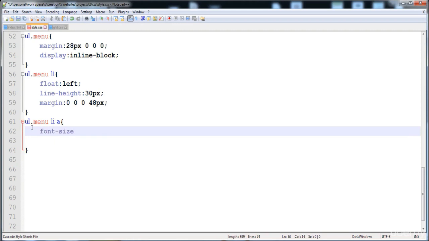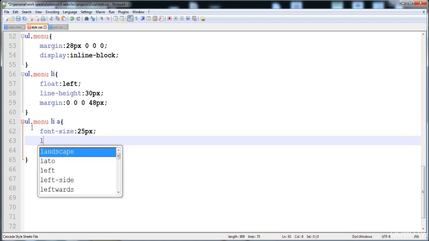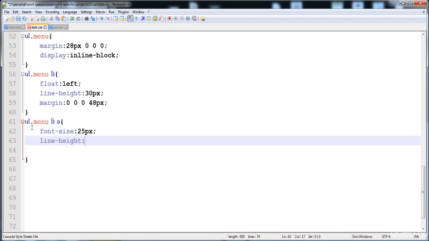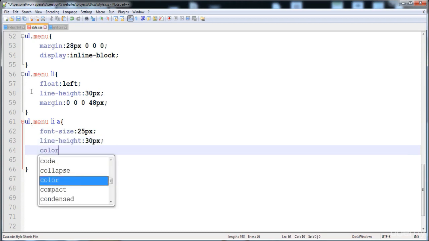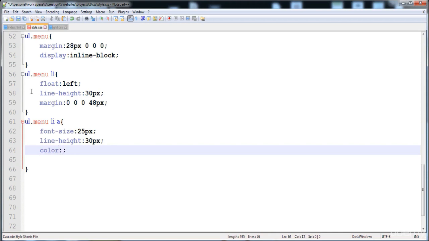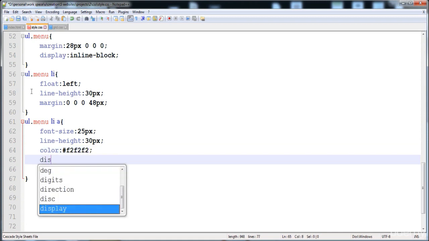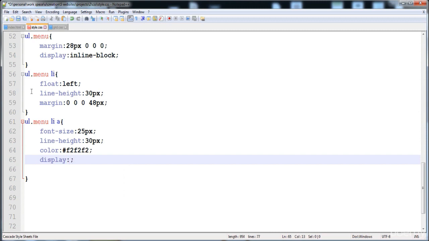Here the font size is 25 pixel, and then the line height 30 pixel, and the color of the text is hash F2F2F2, it is just like a gray color. And here is the display inline block,